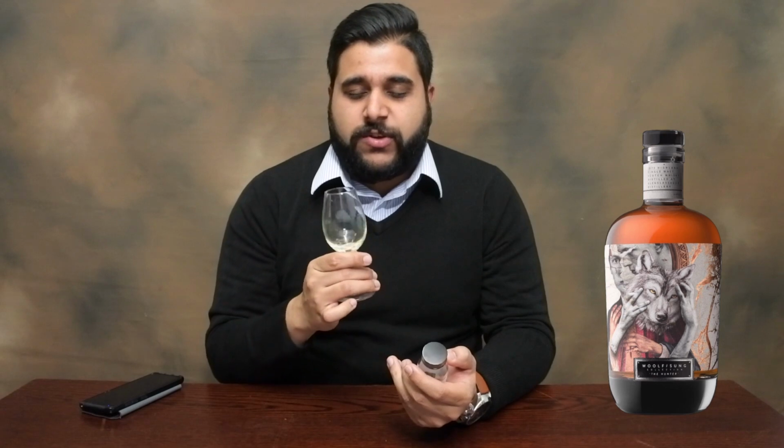So next, let's move into the finish of the whiskey. So into the finish of this whiskey, lots of those tropical fruit notes are back, and as it sort of fades, I'm getting it more on the back palate. I'm getting guava. A bit of what reminds me of candied cinnamon, like a cinnamon stick. If you coated it in honey, you're getting the nice sweetness, but at the same time